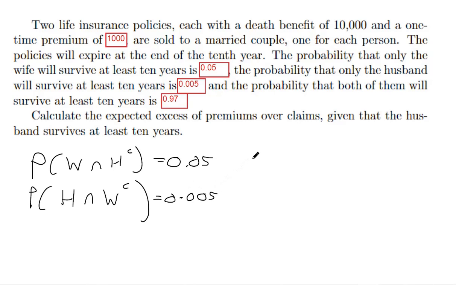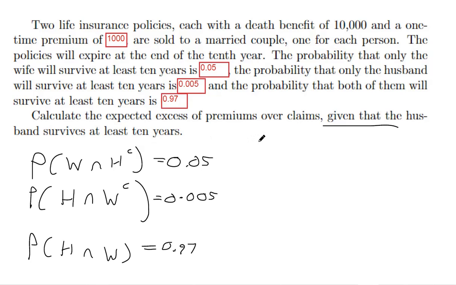And the probability that both of them will survive 10 years, so the husband survives and the wife survives, no complements there because nobody dies, is 0.97. I don't know if we use all this information, but we translated it into those symbols that we've learned in our statistics class. We're supposed to calculate the expected excess of premiums over claims given that the husband survives at